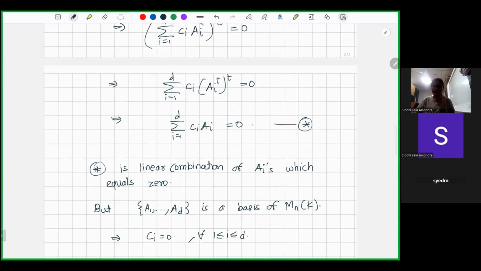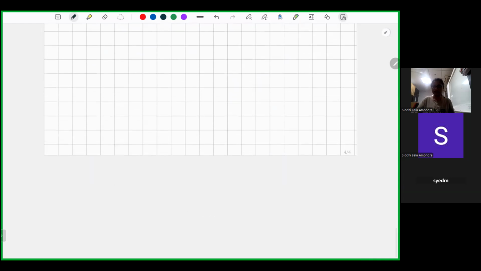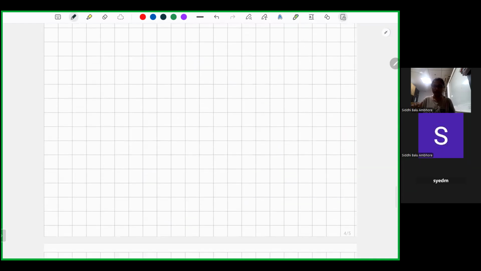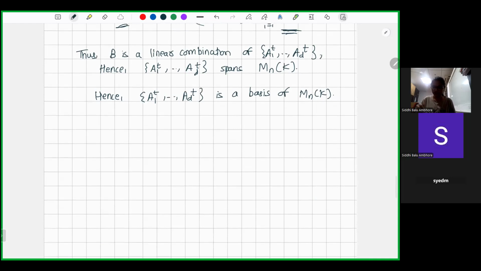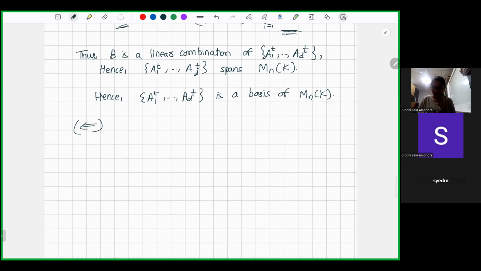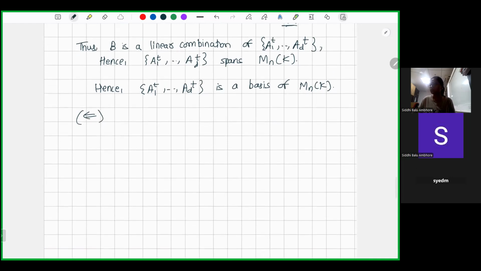I think it will follow the same argument, but let me just quickly go through it. I won't be explaining much for this. So since we are in the converse, we are assuming A1 to AD transpose is a basis